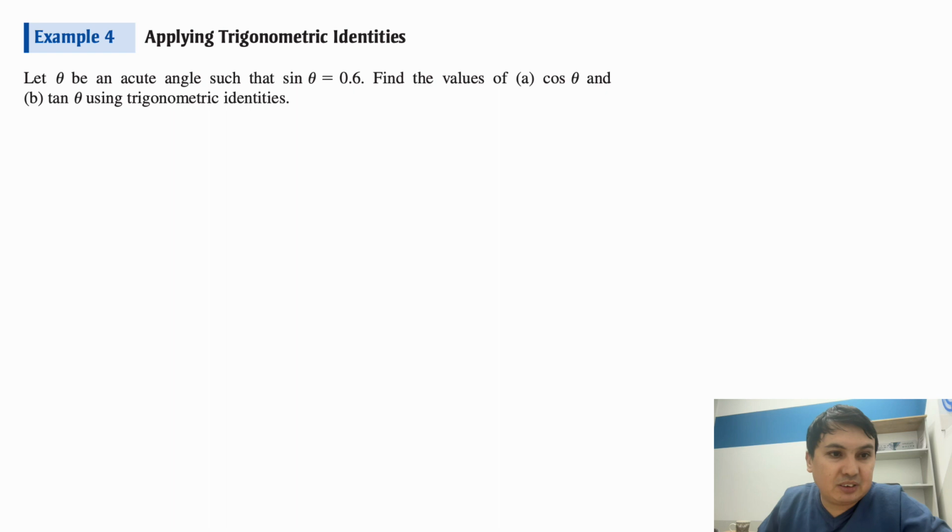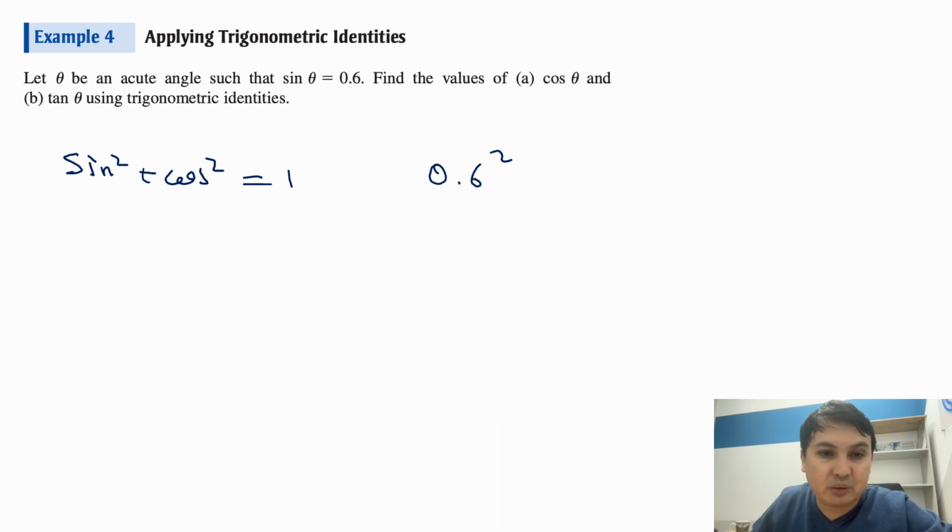it says, first let's find it using the identities, right? So I could sketch the triangle and then do it, but since I'm asked to do it with identities, I will do it. But what is the identity between cosine and sine? It's this: sine square plus cosine square is equal to 1, right? Okay, what is my sine square? My sine square is 0.6 square plus cosine square theta is equal to 1. So which means